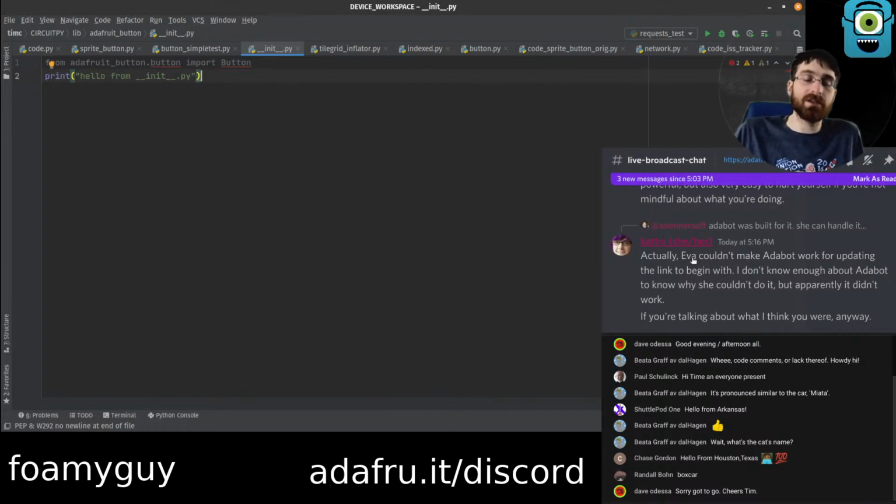I've actually had good luck automating stuff, not patches in the same way that Adabot does, but changing stuff, I'll just say unscientifically. Changing stuff across all the libraries using scripts, like a Python script with Git submodule foreach inside the bundle, and then I can have it execute a Python script against every library.